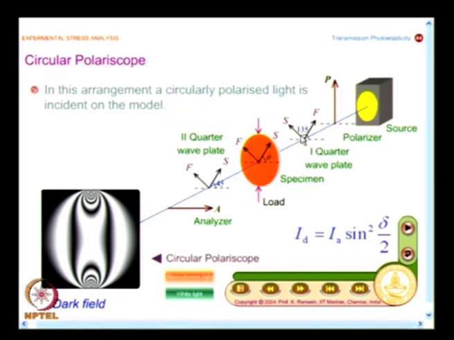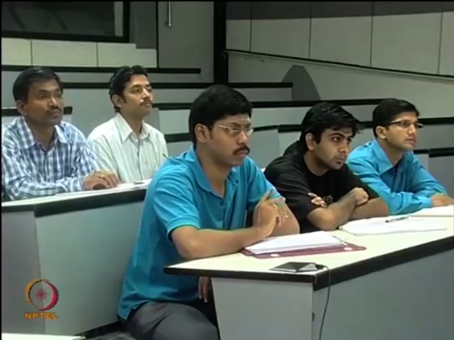So, what do you get after the quarter wave plate? You get essentially circularly polarized light. How many of you are able to see this? I make the amplitude of vibration the same, and it introduces 90 degrees as the retardation. So, I get circularly polarized light, which comes directly from your light ellipse analysis,